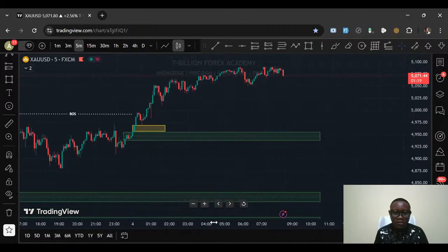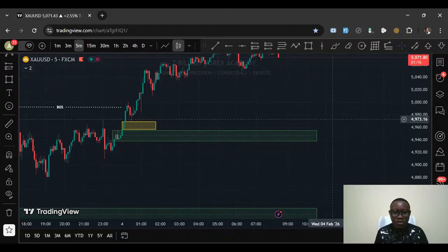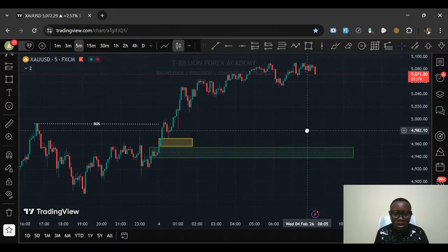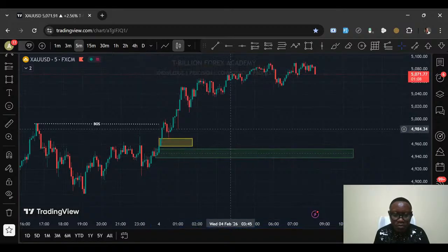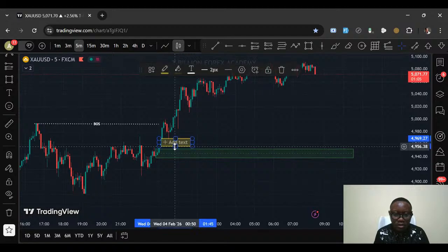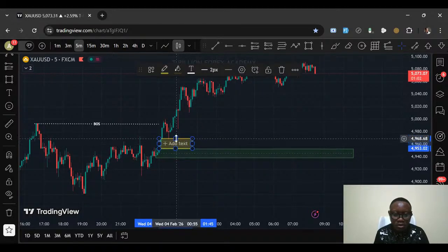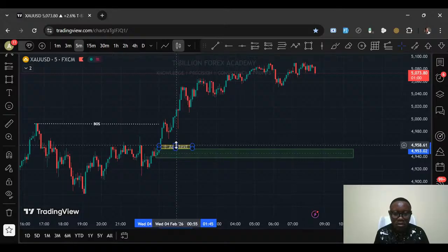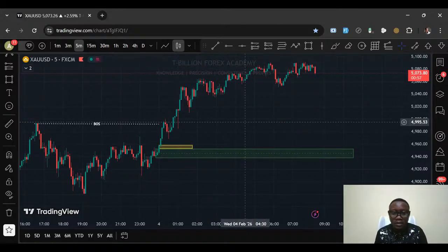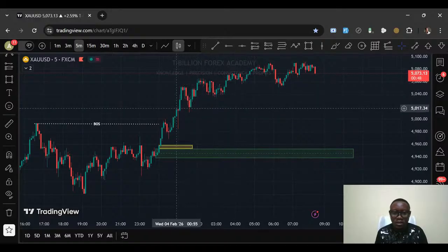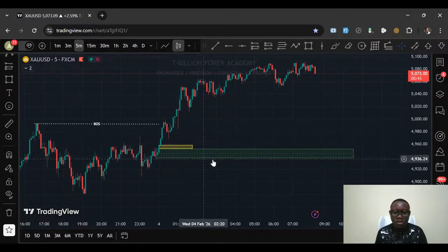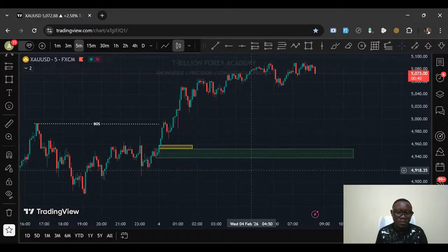All right. So on the 5 minutes time frame, let's look for other block zones here as well. Okay, on this we can refine this to this candle, and adjust our FVG to this. Okay, so we have that. Let's see, are there other block zones here? No, this has been mitigated. This has also been mitigated as well as this. All right, so this is the one that is unmitigated